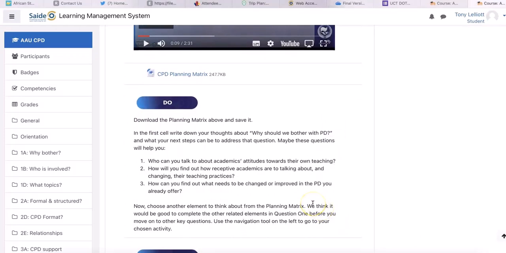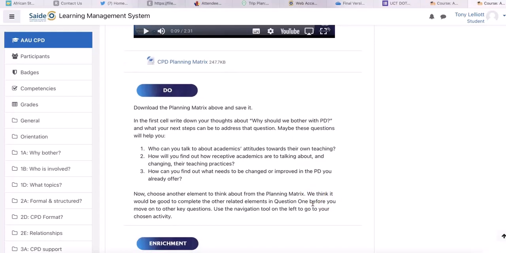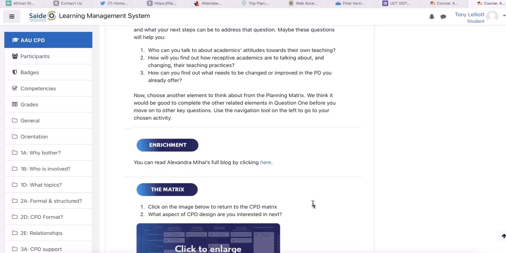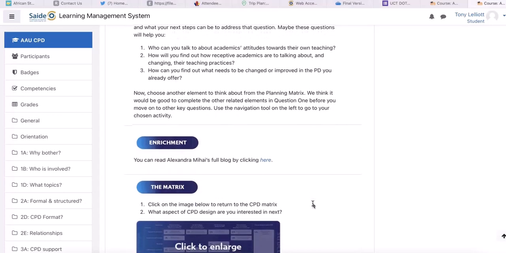This is the do part, using the planning matrix to plan your next steps. You can download a blank version of the planning matrix for your planning. In Activity 1A, there is some optional enrichment for you. You can read the full blog post by Alexandra Mihai if you click here.